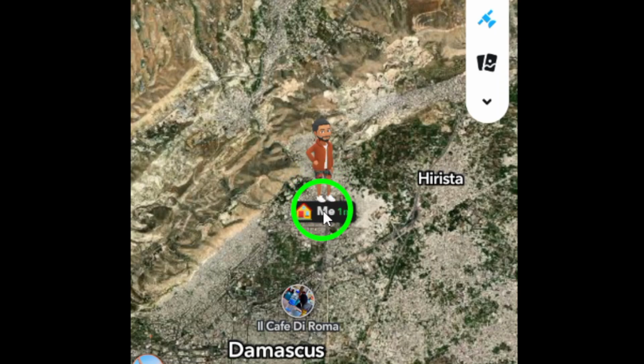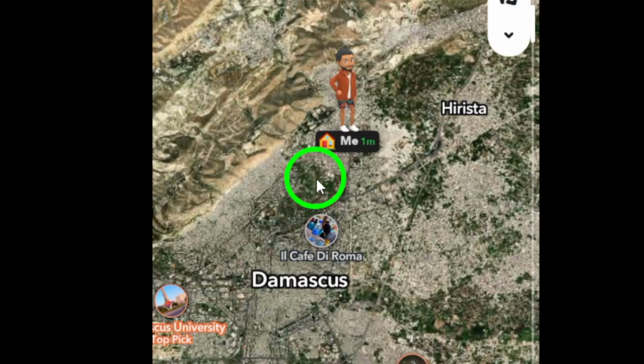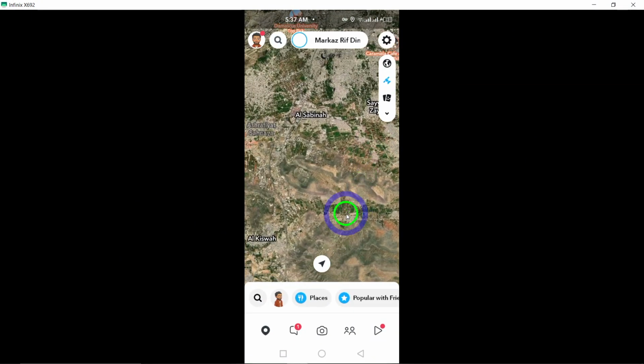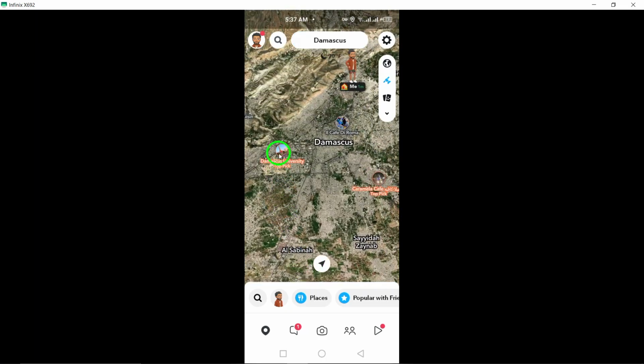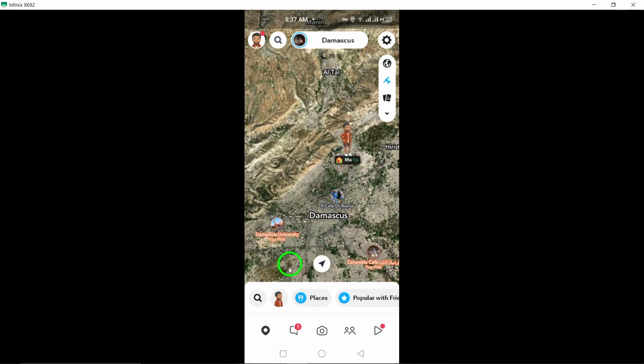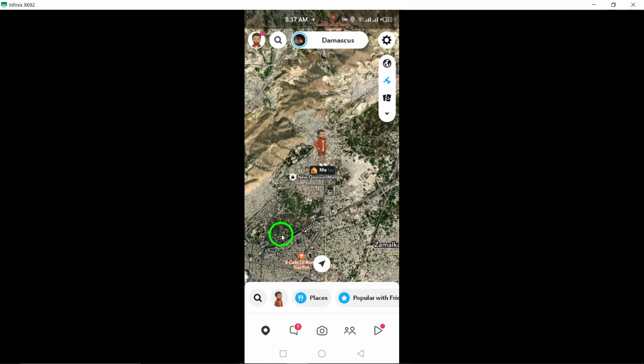If you're interested in seeing the locations of your friends, you can do so by checking the Snap Map. If your friends have chosen to share their location, their Bitmoji or figures will appear on the map, showing their real-time location. This feature allows you to stay connected with your friends and see where they are at any given